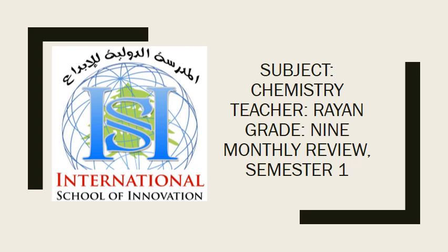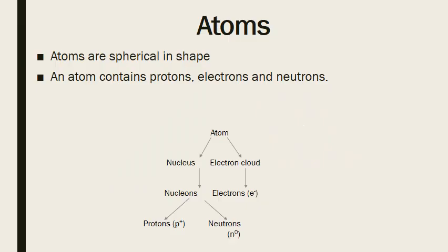This is the monthly review for semester 1. The subject is chemistry for grade 9. So we first looked at atoms and we said that they're spherical in shape and atoms contain protons, electrons and neutrons. So here we've got the atom